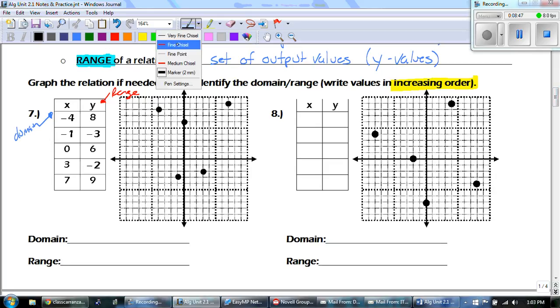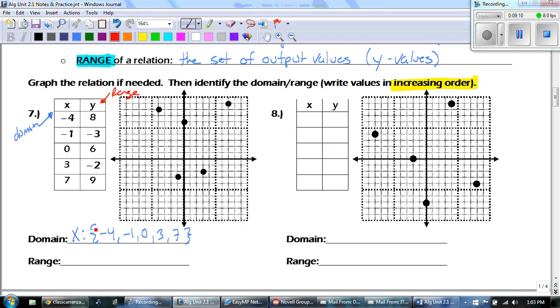Now, the domain is all of the x values, okay? And I write them in increasing order, okay? So our domain, hey look, they're already in increasing order. So I would start with negative 4, negative 1, 0, 3, and 7,